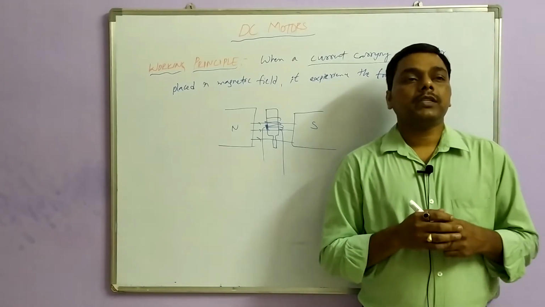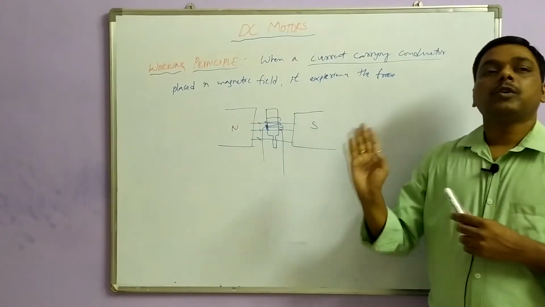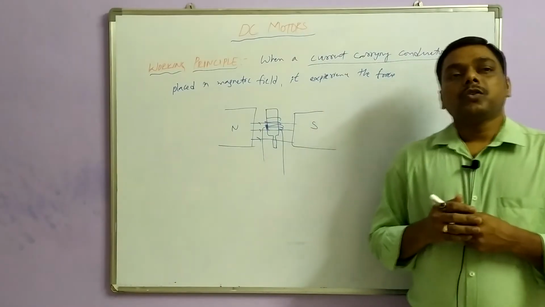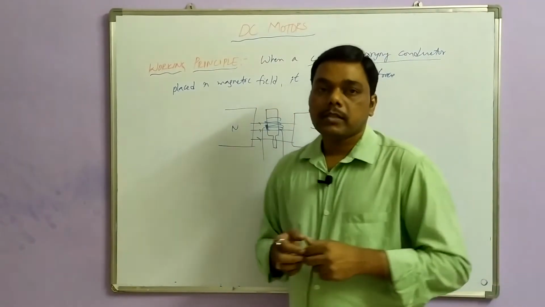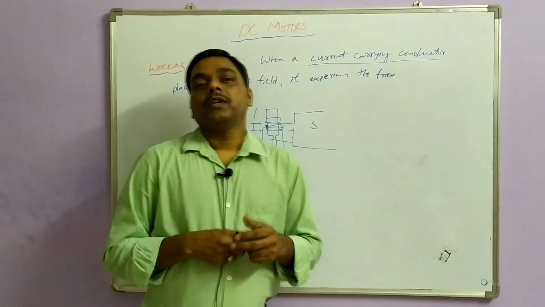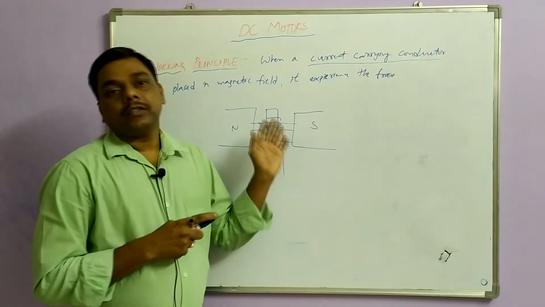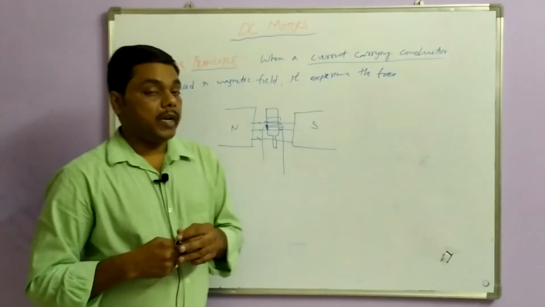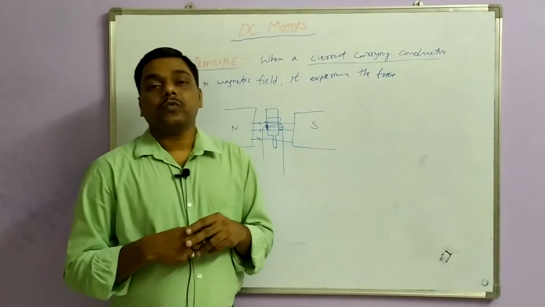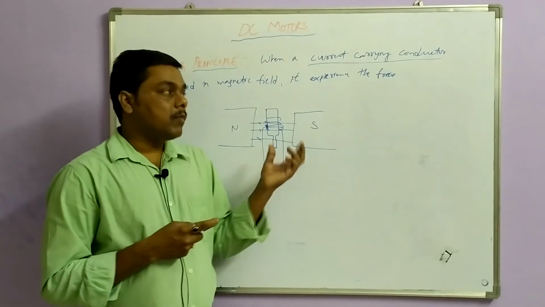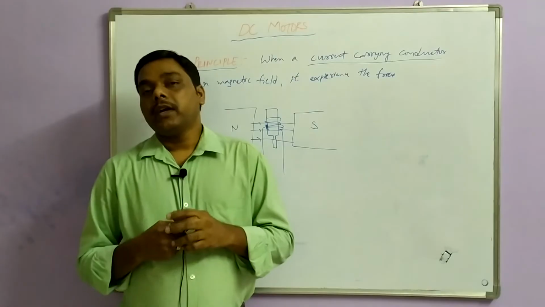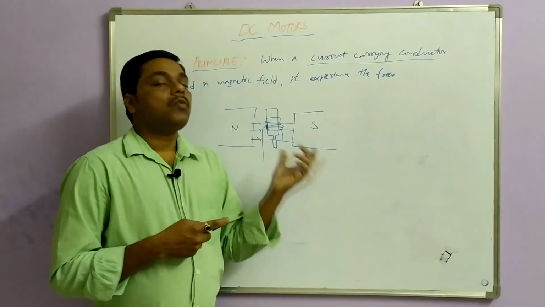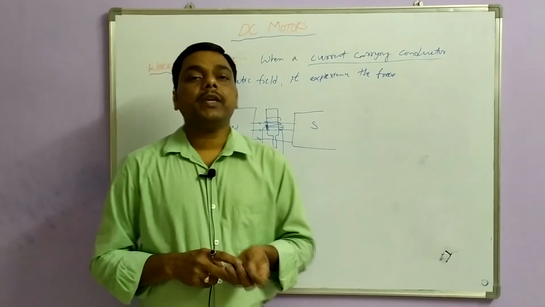First we will discuss how you determine the direction of motor rotation, whether it is clockwise or anti-clockwise. What is the direction of current? Similar to generators, where the direction of induced EMF is determined by Fleming's right hand rule, in DC motors we have Fleming's left hand rule. By using Fleming's left hand rule we can determine which direction your DC motor is rotating, if you know the current and the direction of flux. Let us see what Fleming's left hand rule is.